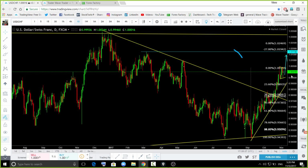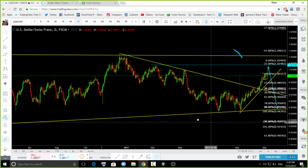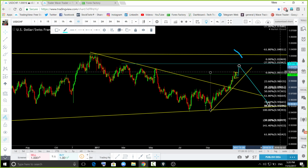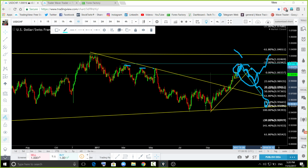a move down. We're going to analyze what kind of move down is going to be over there, either the corrective move or the impulsive move. All right, so a couple more candles up to that top. Watch how price is going to react at these areas. We're going to look for that move and analyze how it is going to appear over there. If that move is going to give us a continuation formation, of course we're going to look for another